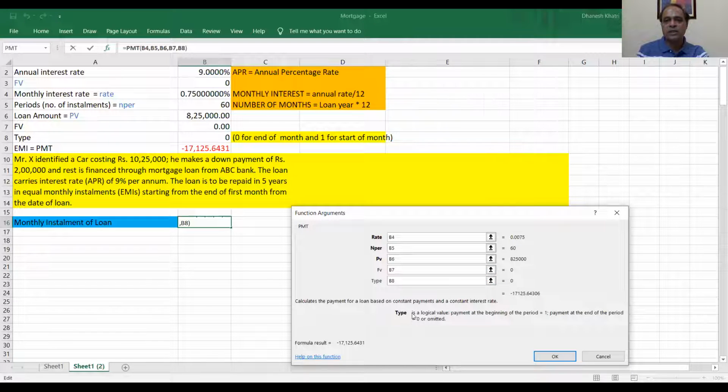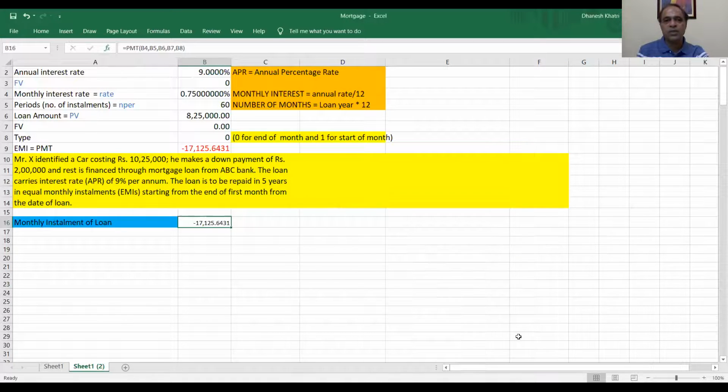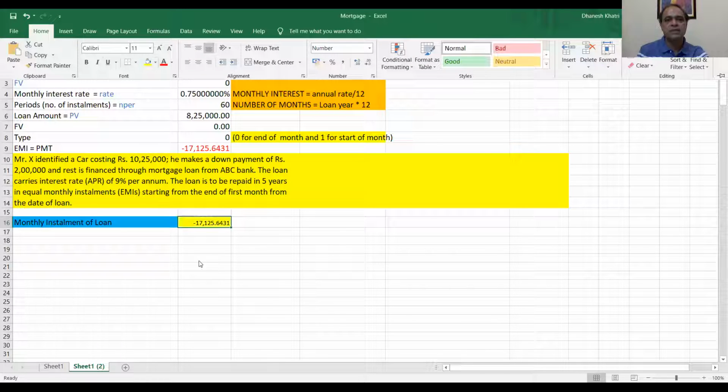Once we have given all the cell references, if you press the OK button, we will get the amount of installment. So here the installment amount is 17,125.64. So every month you have to pay this installment over the 60 months. As soon as you pay it, your complete loan will get paid off. So that is the way we can calculate the loan installment.